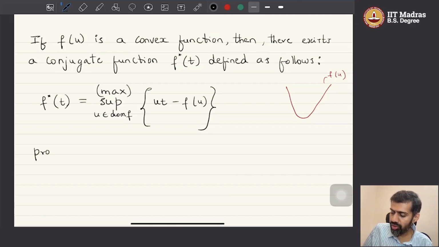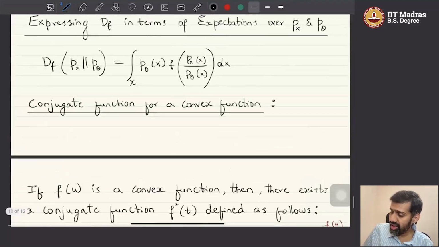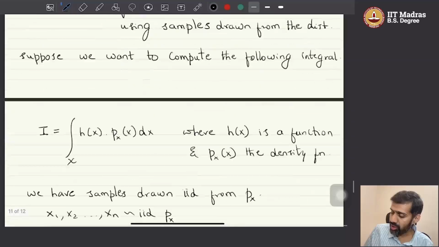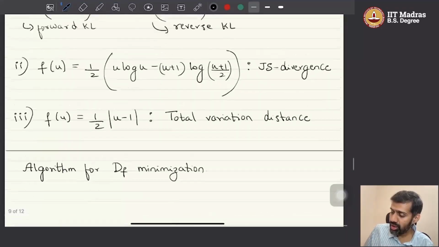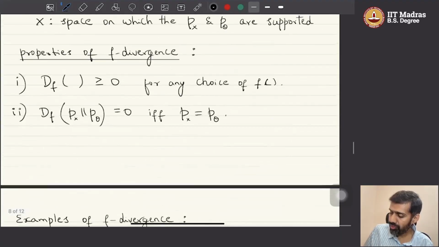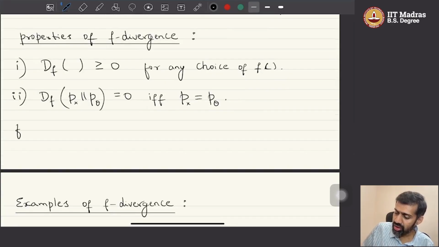Properties of the conjugate. By the way, I did not define what a convex function is, assuming that people are aware of it. So maybe just for the sake of completeness, let me define what a convex function is here. Let me write it here. A function f of u is convex